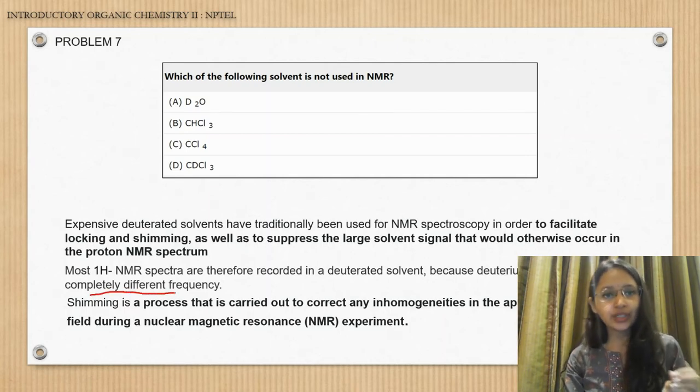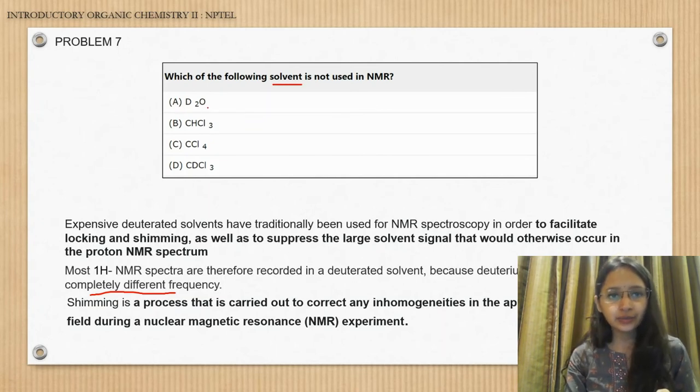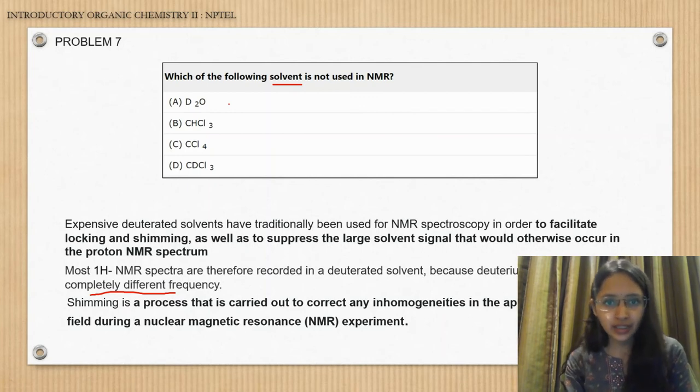Now they are asking which is the solvent which is not used in NMR. Is it D2O, CHCl3, that is chloroform, CCl4, tetrachloromethane, or CDCl3? So which is the solvent which is not used in NMR? D2O is deuterated water, right? If you use water for preparing the NMR sample,